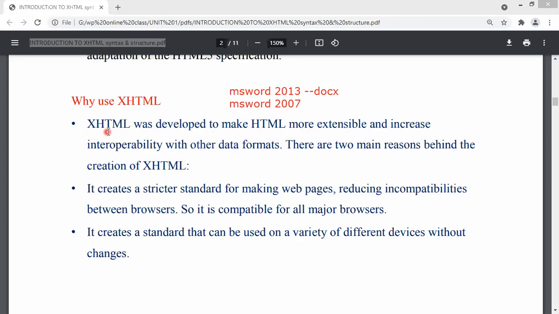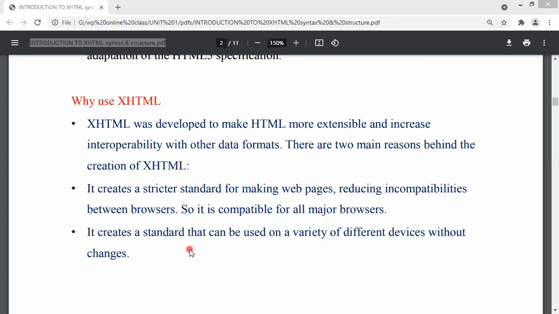So XHTML is compatible with all the versions of browsers. Any file you create in XHTML will open in any version of the browser, right? So there is more compatibility when you work with XHTML. It creates standards that can be used on a variety of different devices without making any changes.